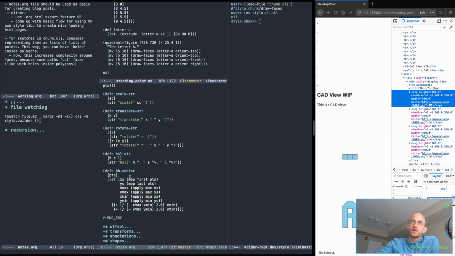So bounding box center works on a list of points. So bounding box center of a list of points, right? So if I give it 0, 0 and 2, 2, it should give me 1, 1. Yes, it does. Okay, so given that it is a helper available to me,